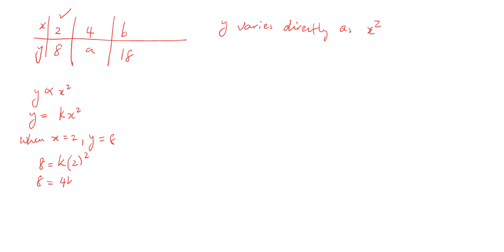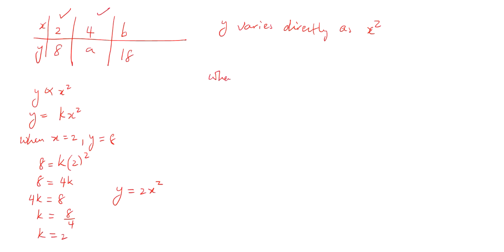So this is 4k, right? So therefore 4k is equal to 8. Therefore k is equal to 8 over 4. Therefore k is equal to 2. And therefore the equation is really y is equal to 2x squared. Alright, so to find a and b now,